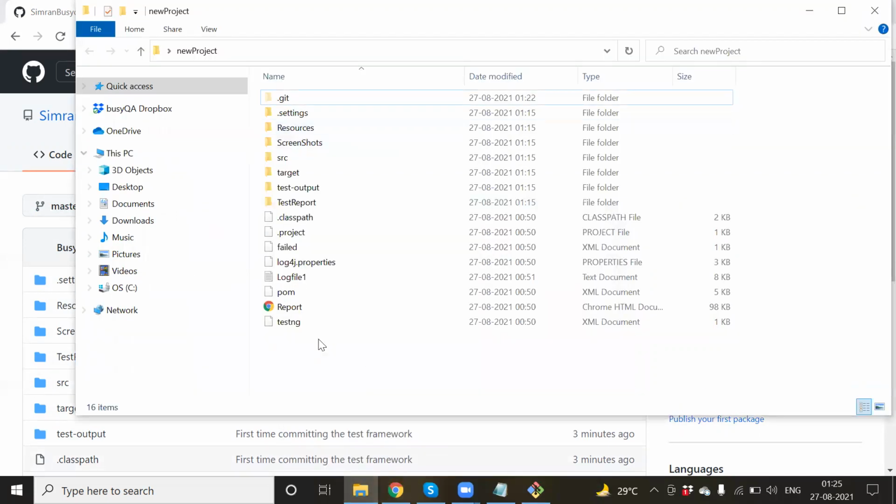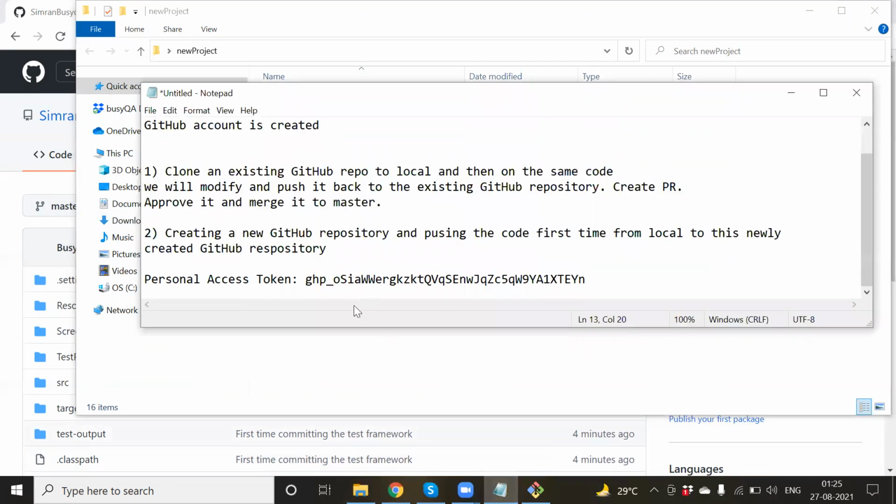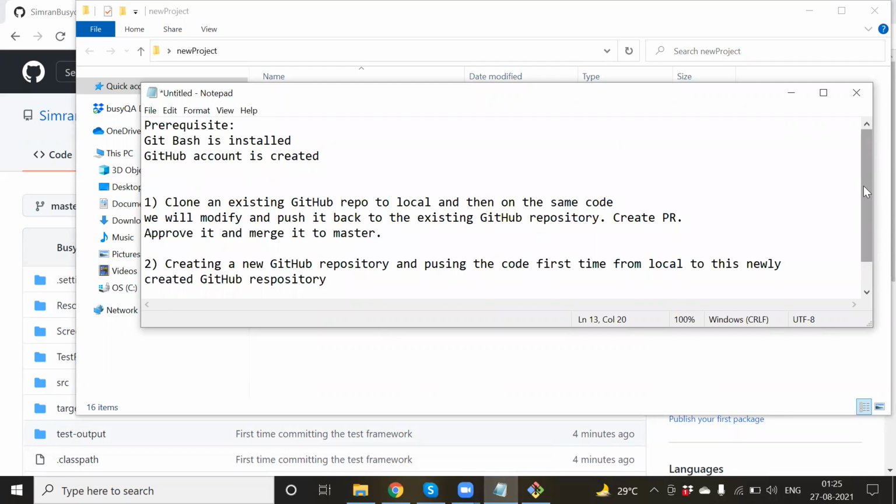But before starting the new work in the new sprint, you have to make sure you do a git pull or git update to update your code, matching it with the current master branch code. Okay, so this was the session on the GitHub account of the project, basically the project repository, and how in different ways you can clone.